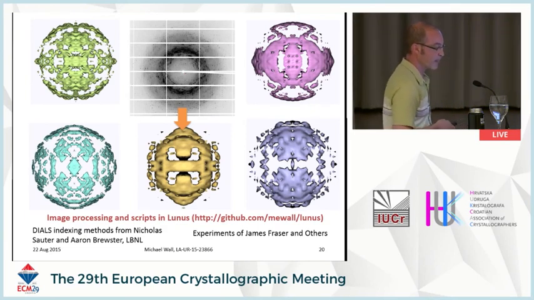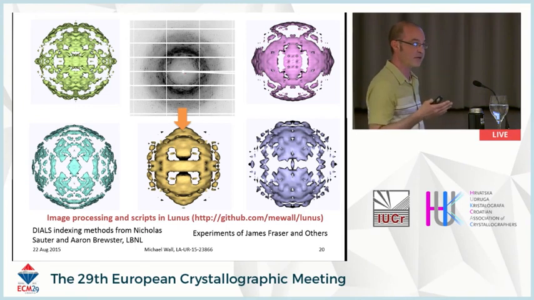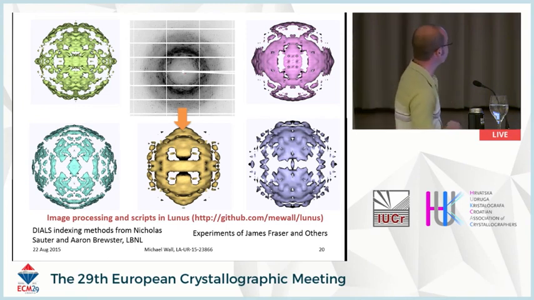And in James Fraser's lab in general, there are ongoing experiments to look at diffuse scattering, and I am collaborating closely with him to do the processing of those data sets. And this just shows you a combination of processed data sets from his lab and from other labs now that are sending data. And so the number of data sets now is expanding beyond the more limited number that were available previously. So the image processing and scripts for this are again in the Lunus